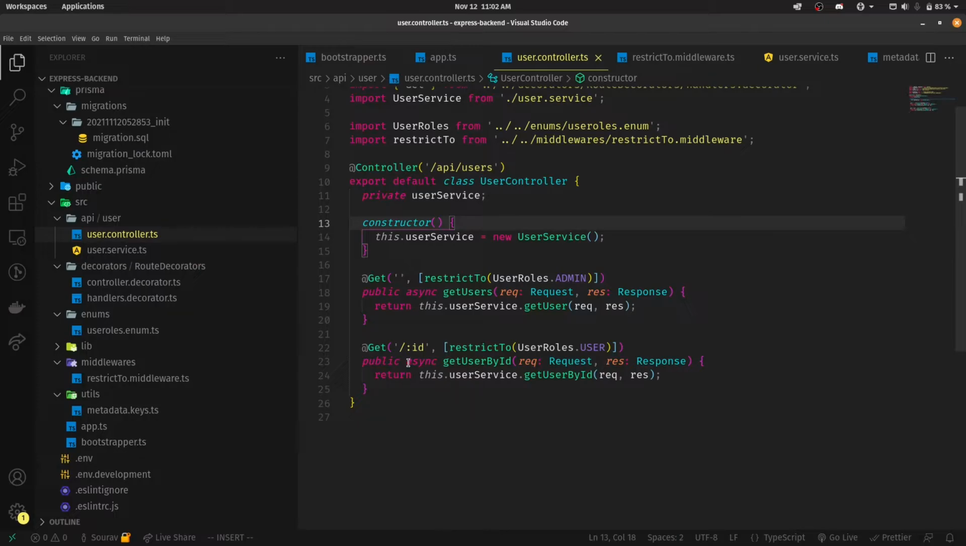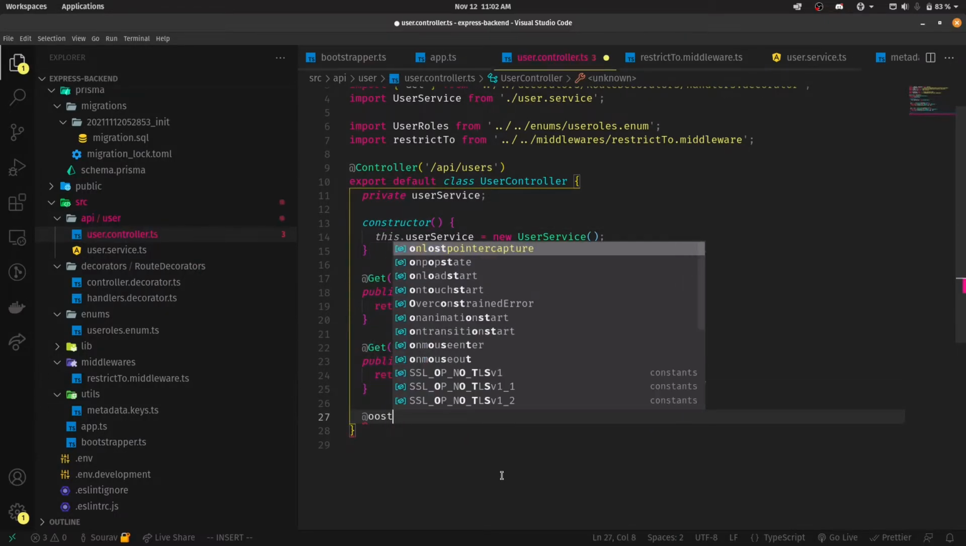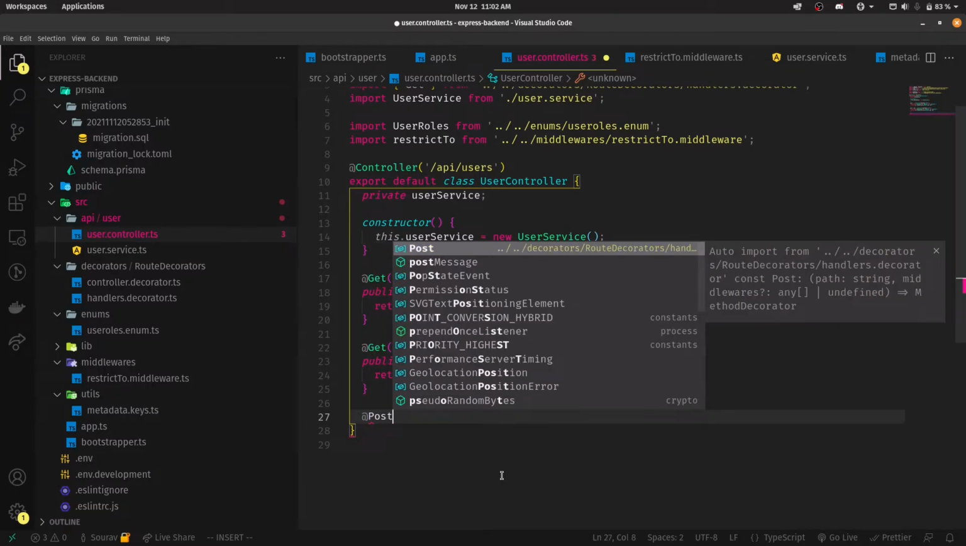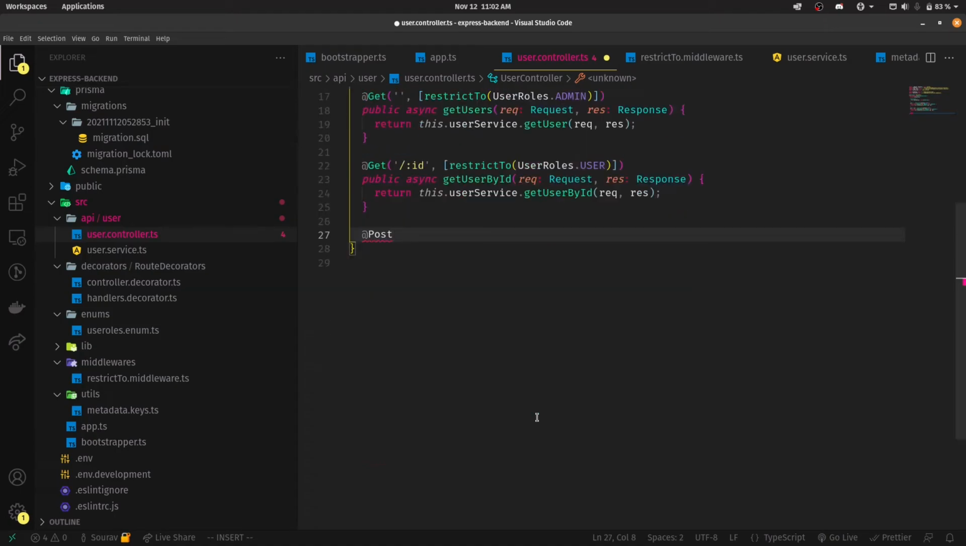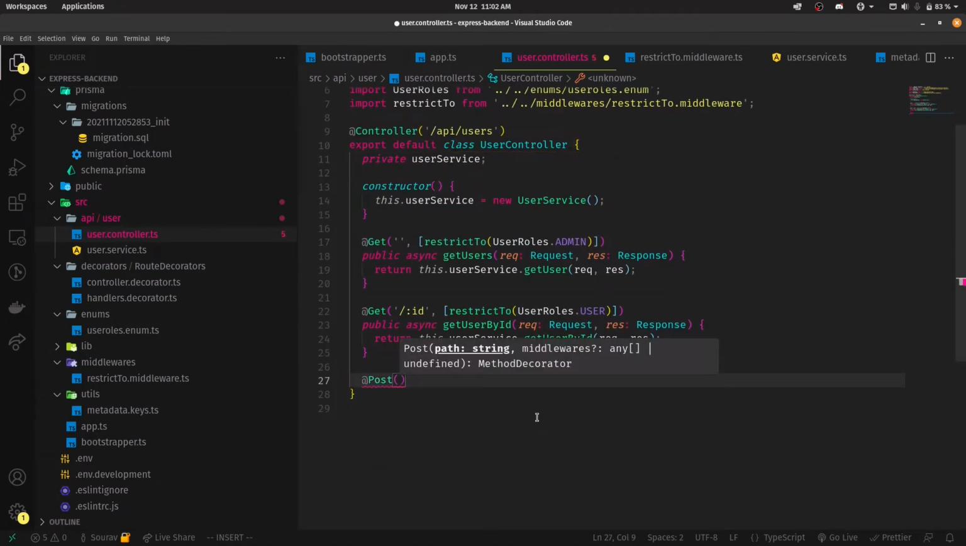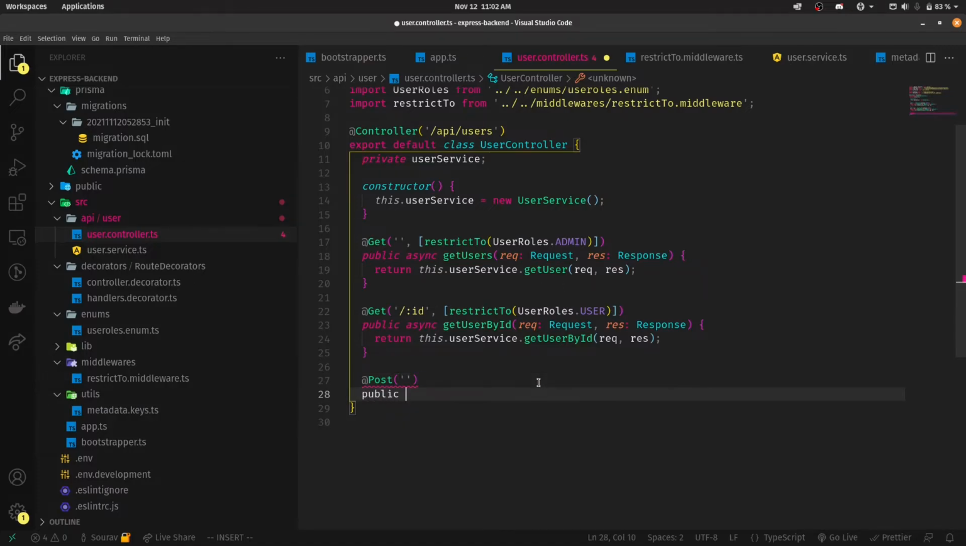So for that sake, let's try to create another route. Let's call it post. Oops, it's not post actually, since we'll be using Post. Make sure that that's imported from your decorators, because now we have decorators for this, and it's going to hit this URL. And for this part, let's just create a public async createUser